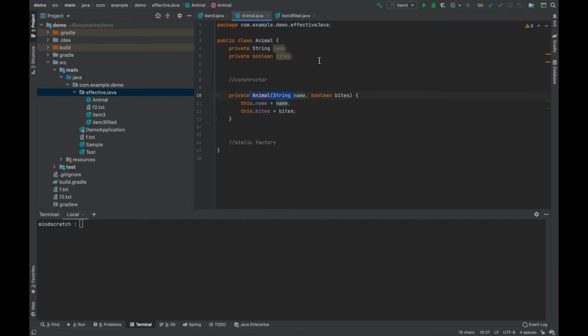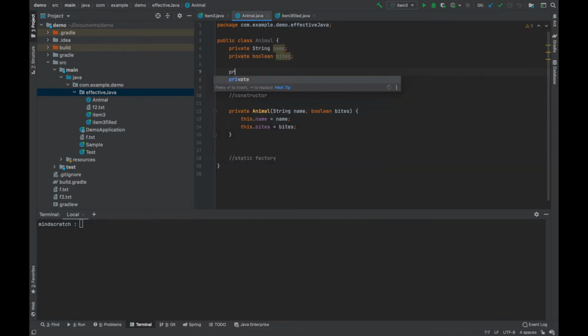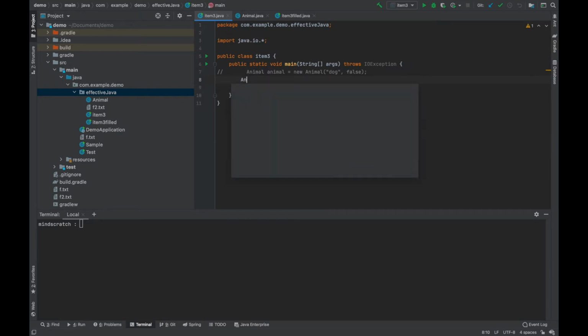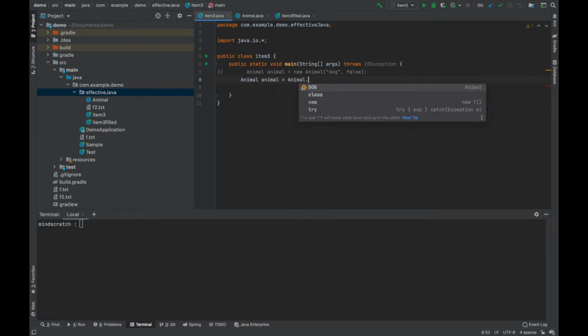So what we can do is have a public static Animal instance inside the class itself. So I can have something like dog here. This will be calling the locally accessible animal constructor with dog and false, and I can directly access it with Animal animal equal to Animal.dog, and I can access all these properties also.